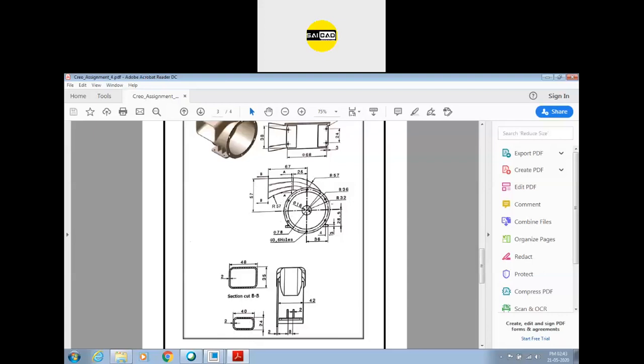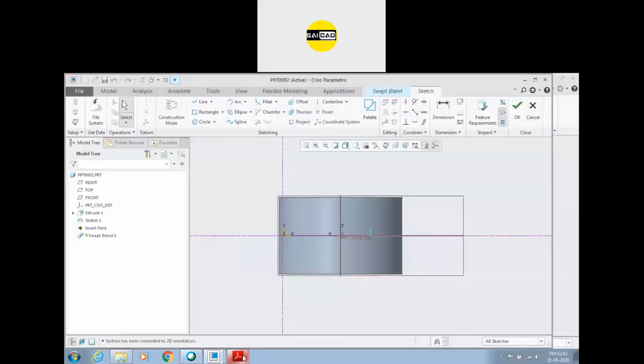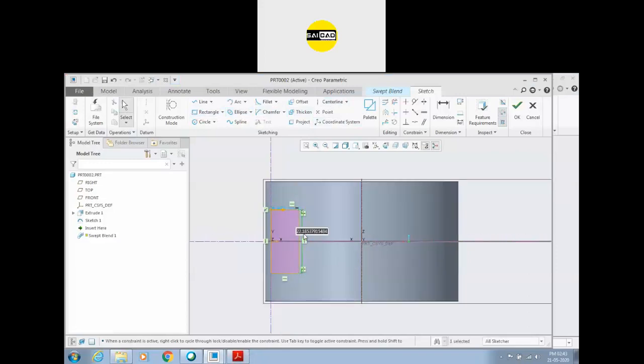So we don't have the third shape, so we can just assume this is the similar shape down from the front. So this is 24 by 40, so we're going to create a rectangular shape from here like that, and that is 40 by 24.